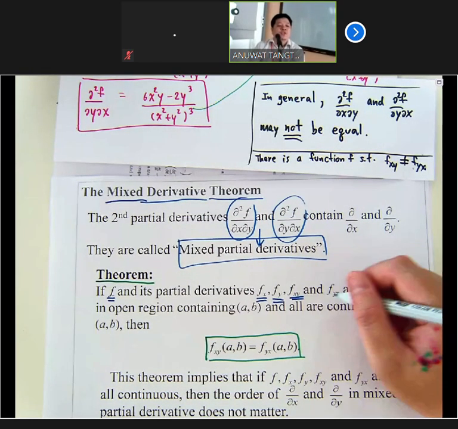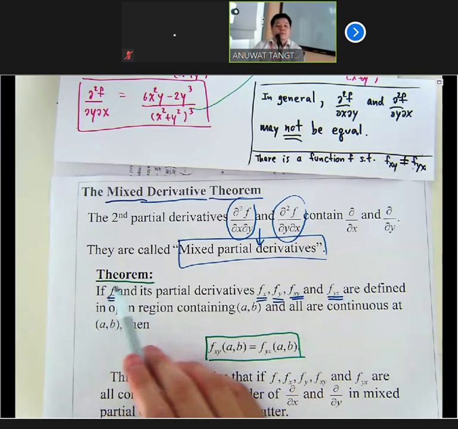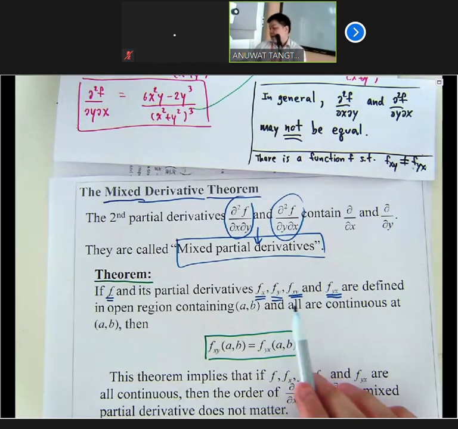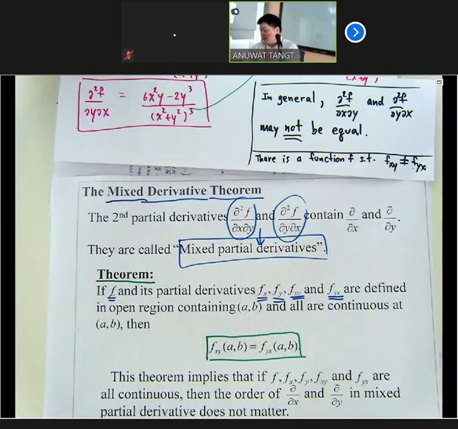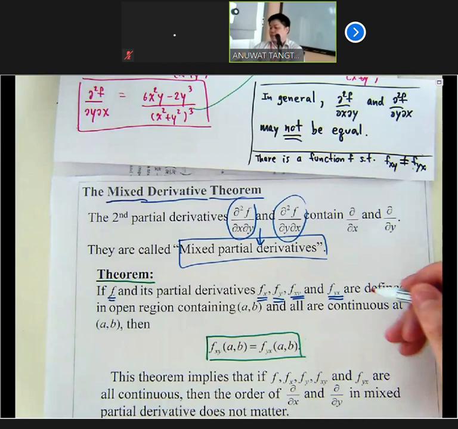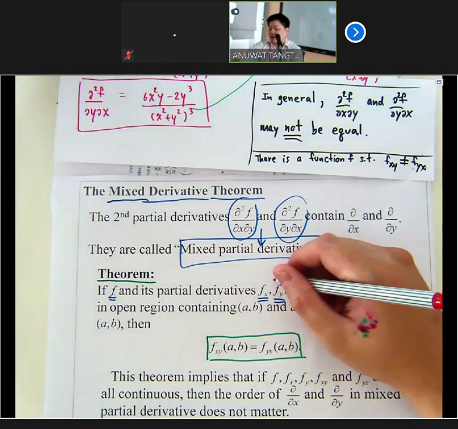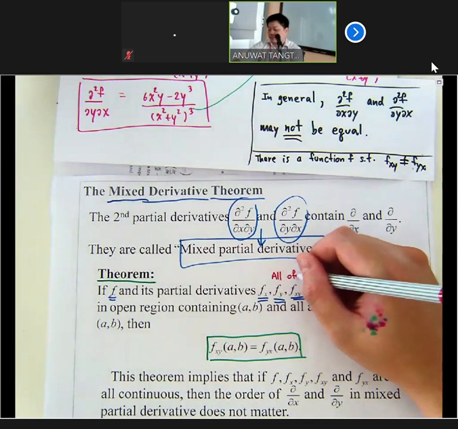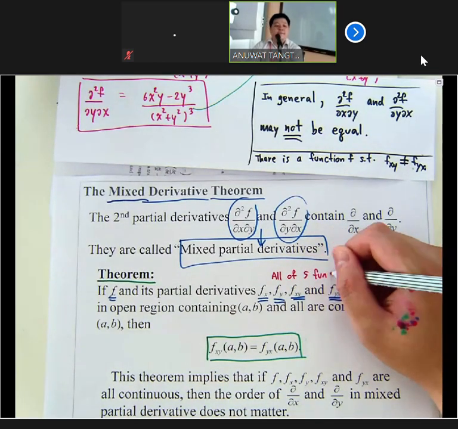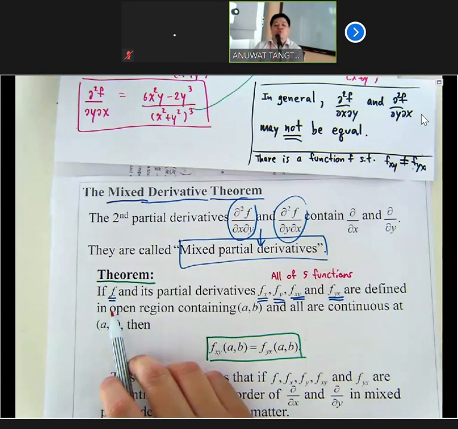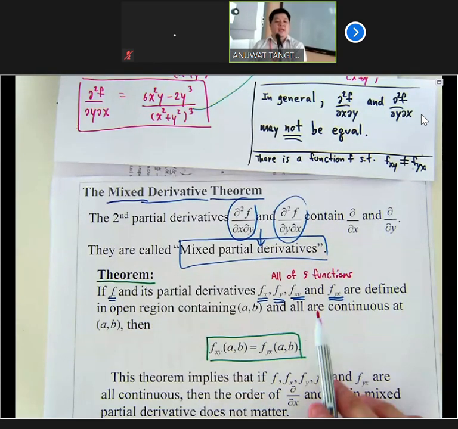So how many functions are there? 5 functions: f, fx, fy, fxy, and fyx. If all of these 5 functions, which are f itself, its two first partial derivatives, and the two mixed partial derivatives of second order,